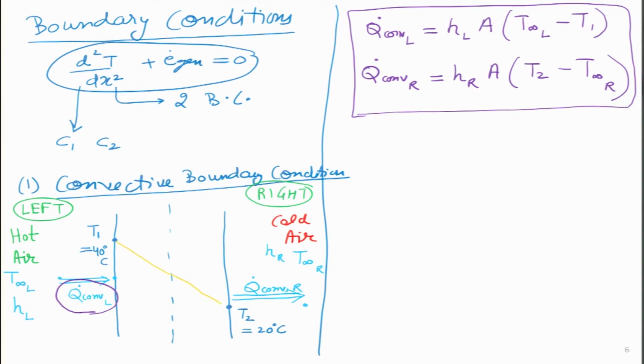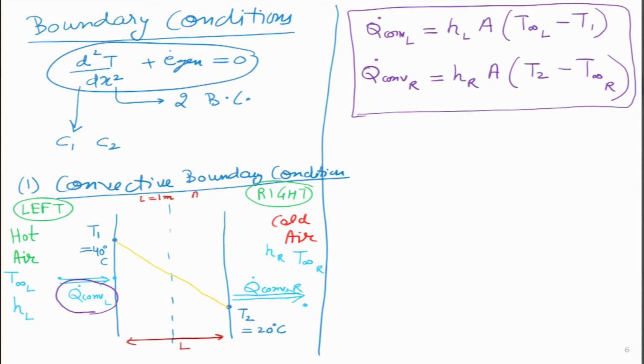Because this is steady state and I am assuming no heat generation, this is the simple type of temperature profile that we will get. If you remember, we have taken certain conditions earlier. We have assumed the thickness of the wall is L. I will put some typical numbers which I have considered earlier.